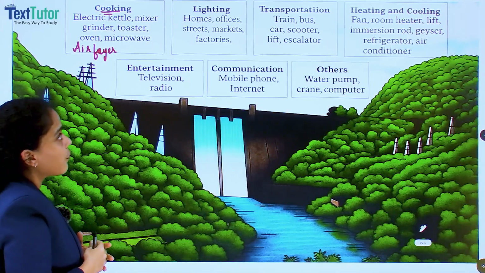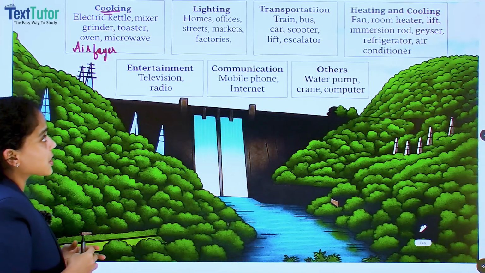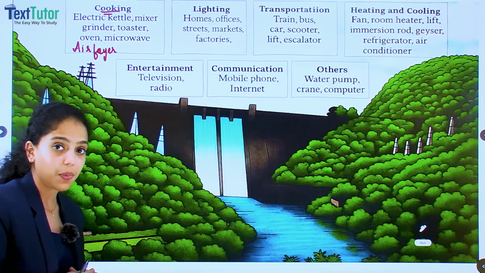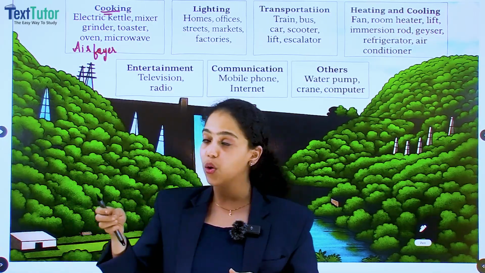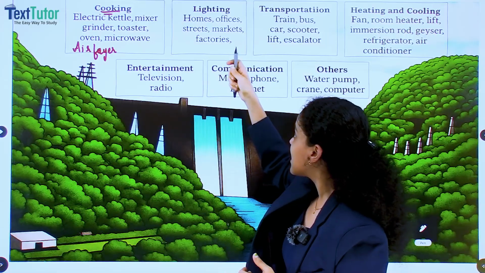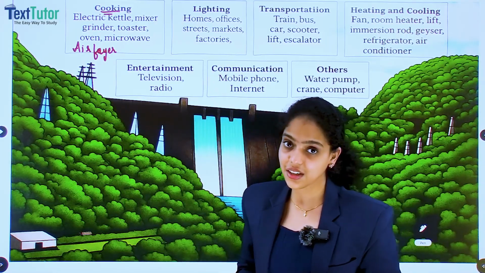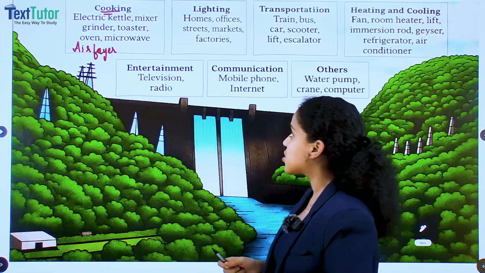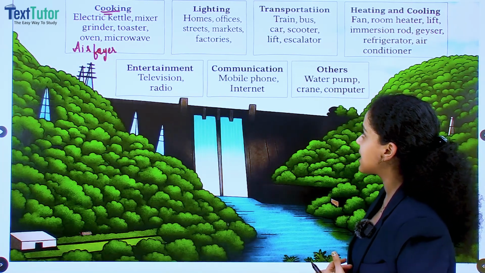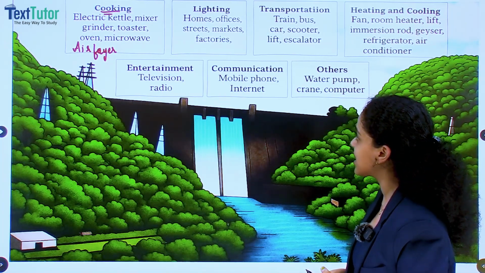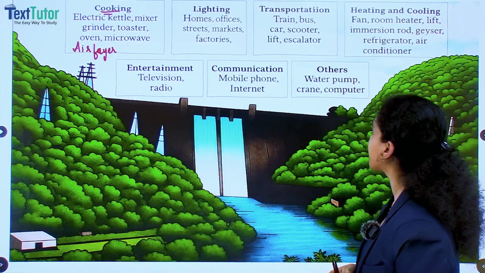Then lighting. For lighting our homes we use electricity. For lighting our bulbs we use electricity. For lighting homes, offices, streets, markets and factories we use electricity. So under lighting we can see homes, offices, streets, markets, factories, etc. Then for